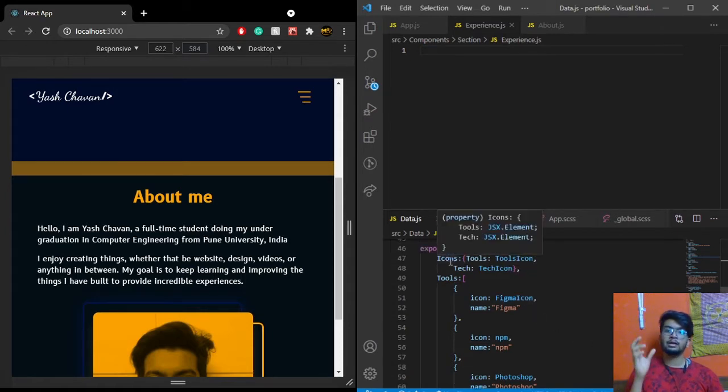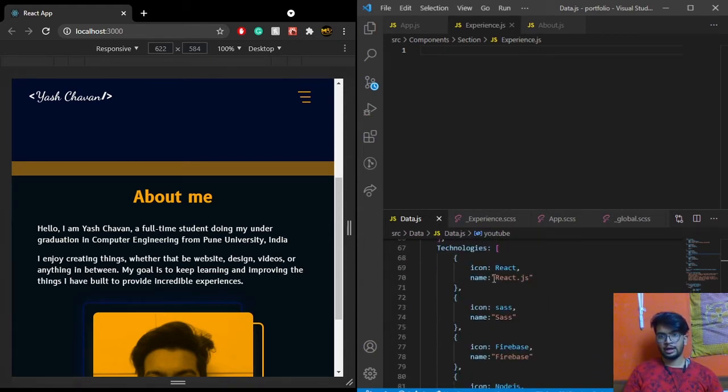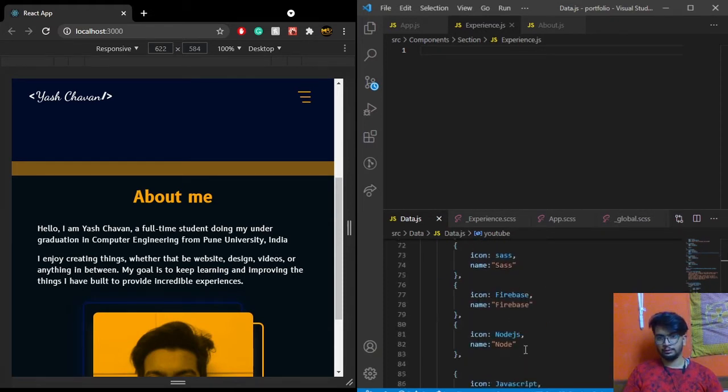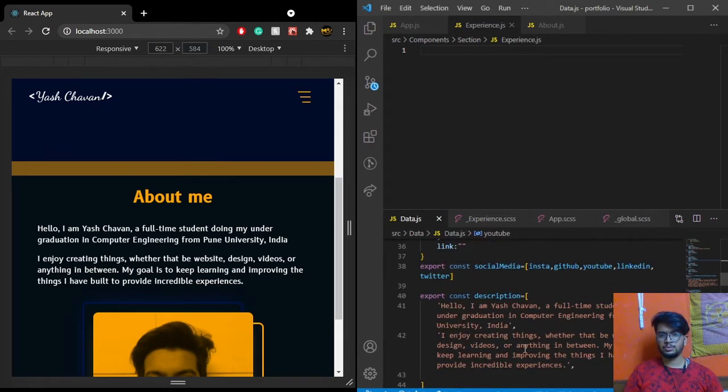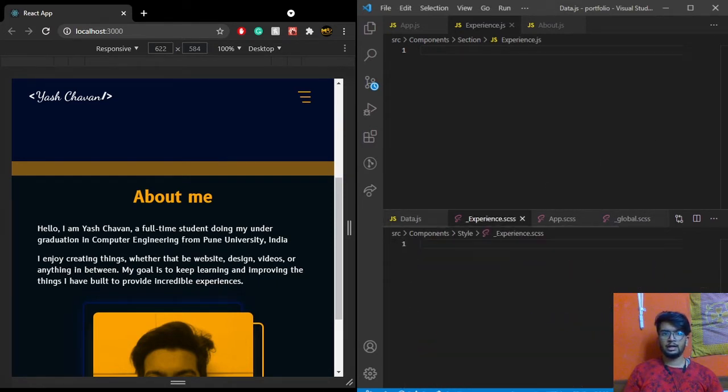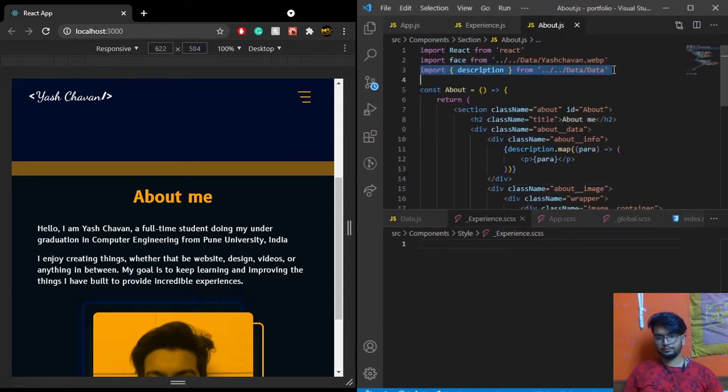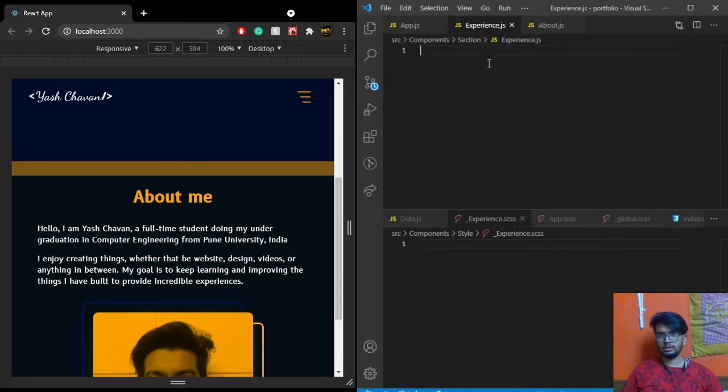The icons are the icon of the higher category, which is tools and technology, and the technology has different sets of technology, which I am gonna put over there. So this again is a simple JSON kind of object which I'll be using, and for that I'll be taking in this, and then I'll just be changing it to